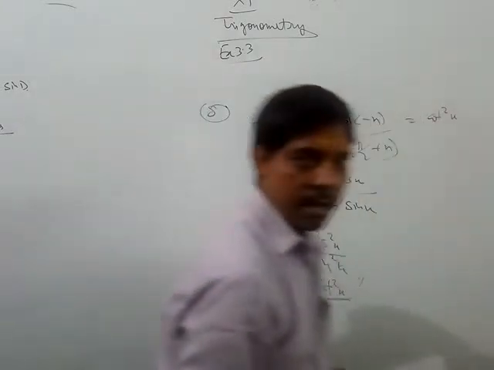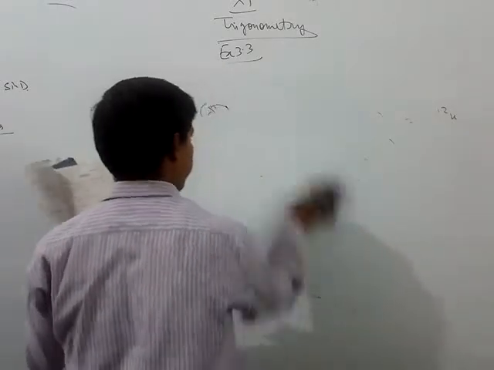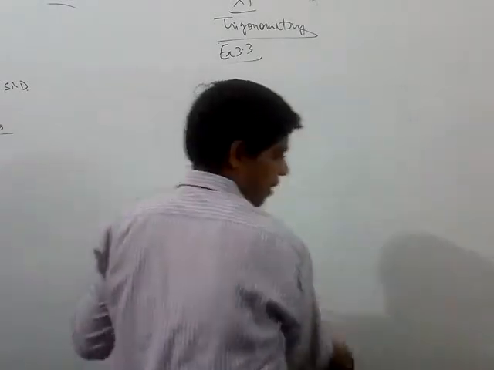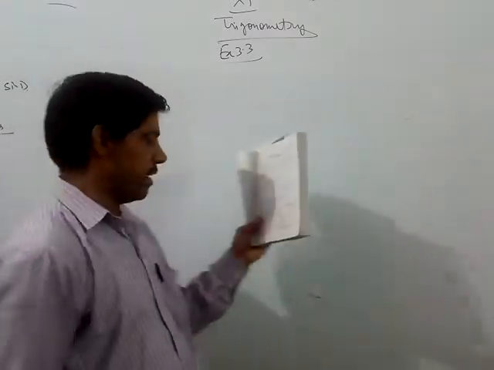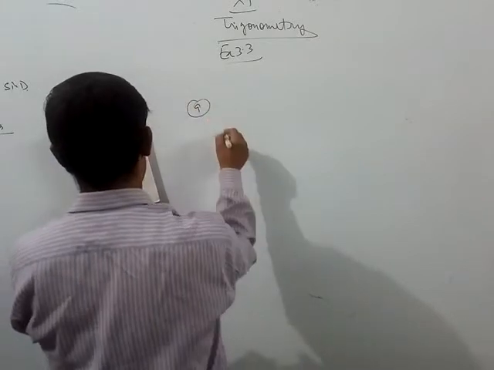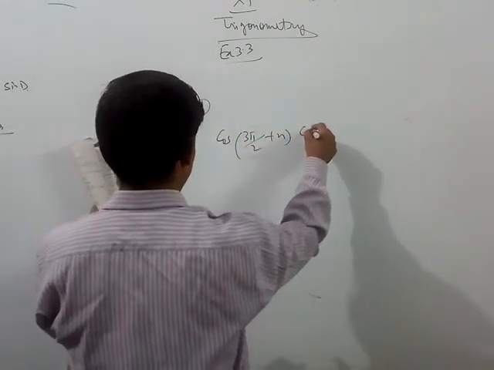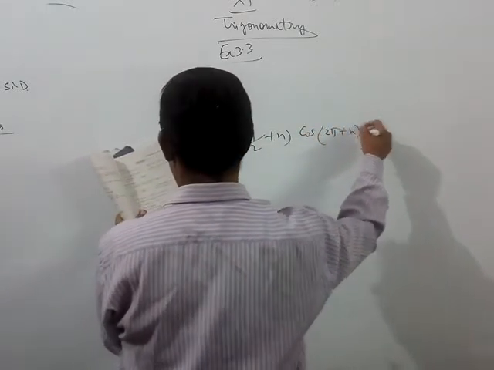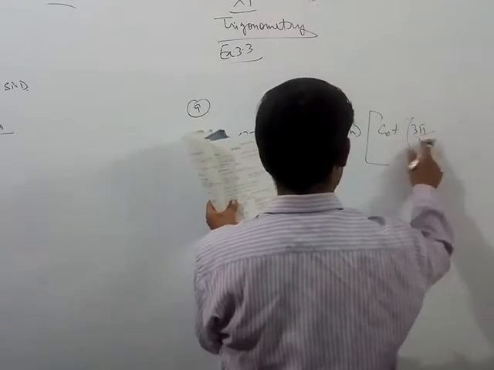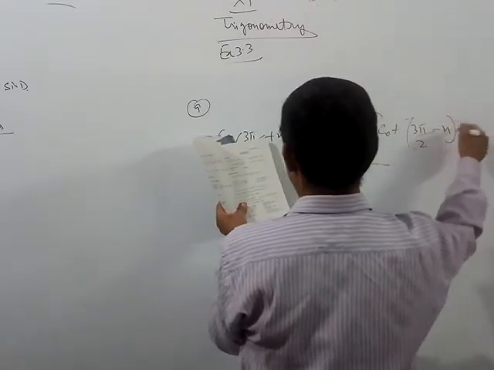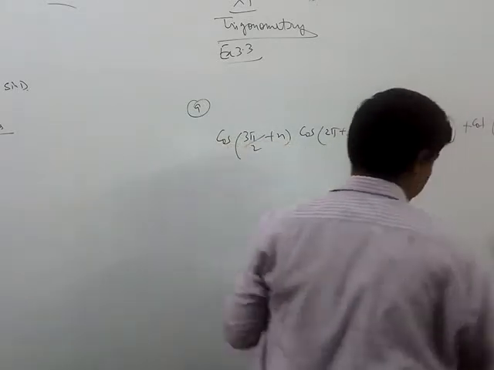So we will do one more question here, and that is the 9th question. Let us quickly do the 9th question here, and then you can do the remaining part. I will give it to you as homework today. Most of the questions will be from the sin C plus sin D identity. Question number 9 is cos(3 pi by 2 plus x) cos(2 pi plus x) cot(3 pi by 2 minus x) plus cot(2 pi plus x), and this we have to prove equal to 1.